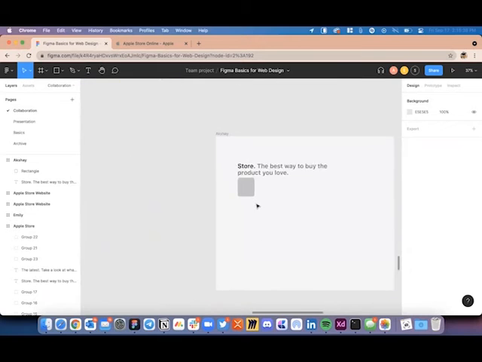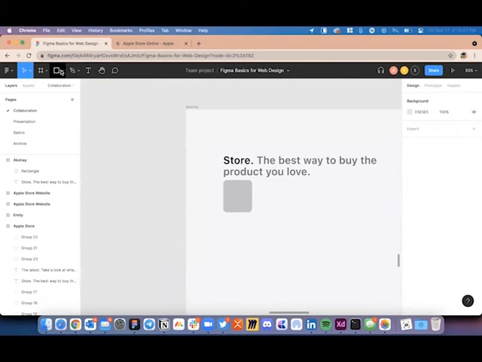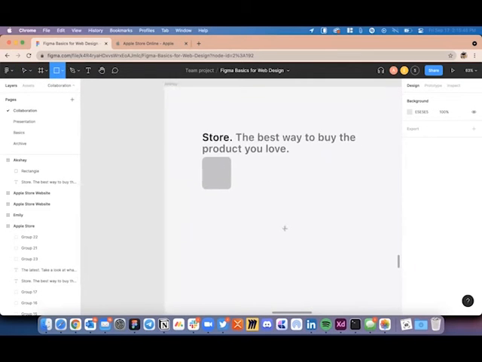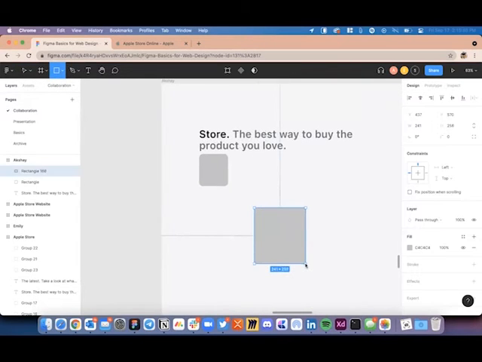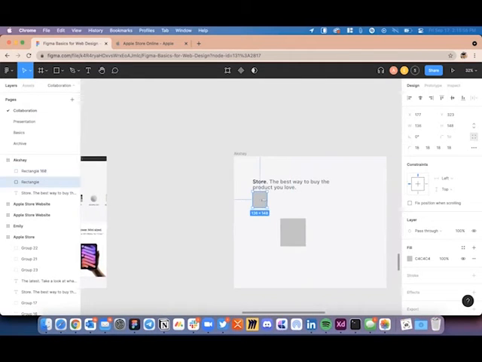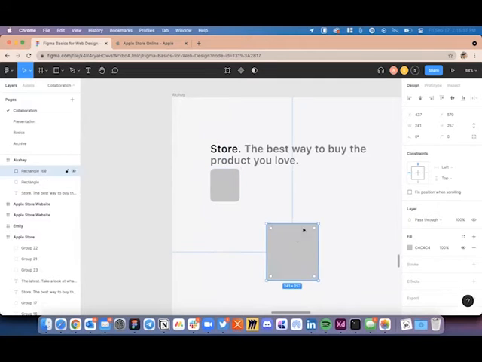So the next thing that we are going to do is create a rectangle first and then add rounded corners. You can choose the rectangle tool. You can create any random shaped rectangle, and then we are going to modify the width of that rectangle first, which is 136 pixels, or you can keep it somewhere around that value, and the height to be 148 pixels.